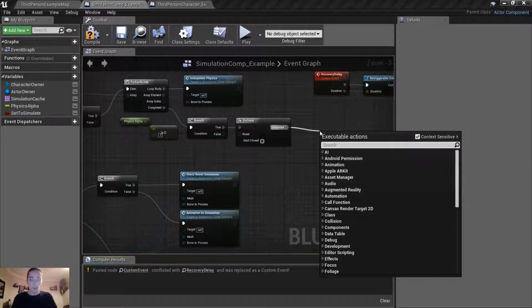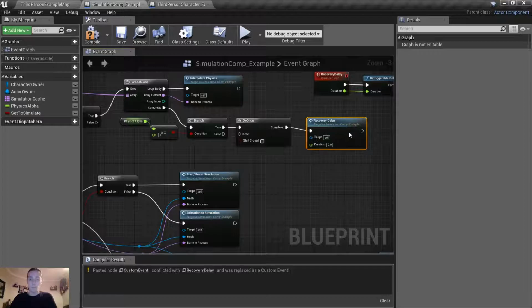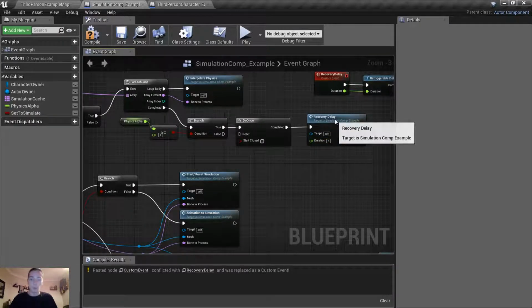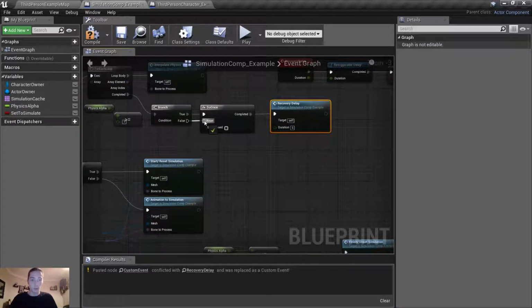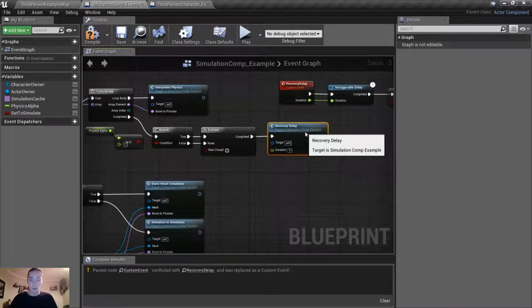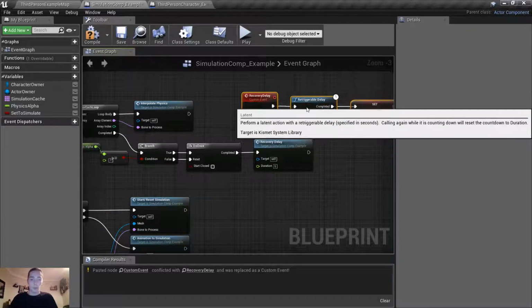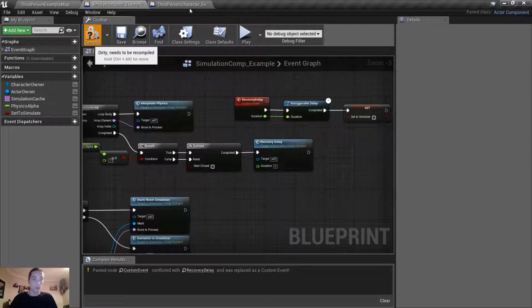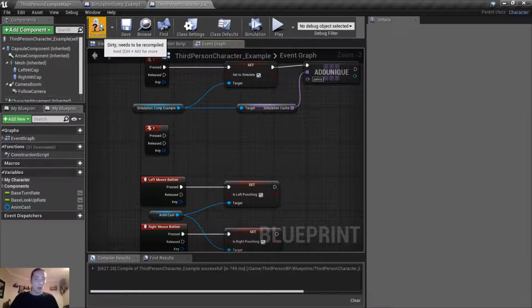So let's call recovery delay, put our duration to 5 like before, and this time we'll have the false reset the do once, and that should just about do the trick and fix the hole. Just need to come into the third person character example, and